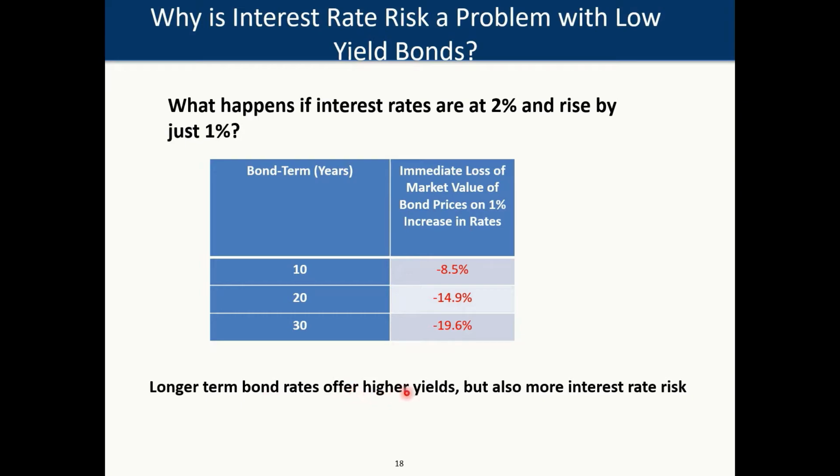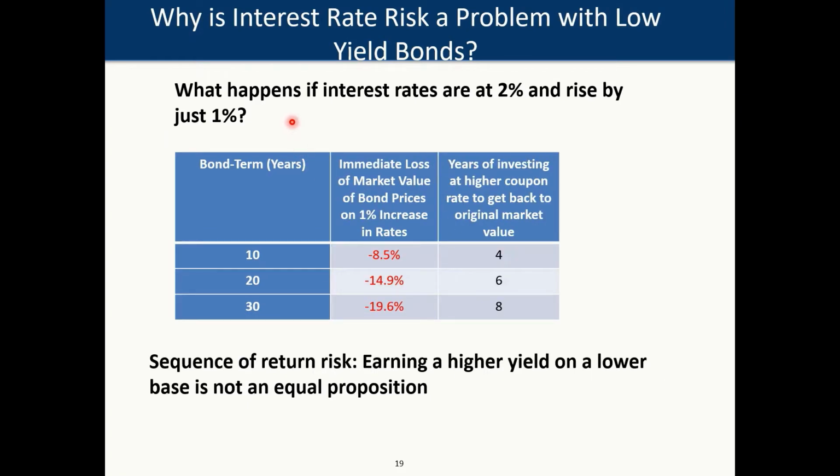Again, longer-term bonds do have higher yields, but they also come with higher interest rate risk, and that's why when clients are nearing retirement, typically the bond allocation is to more intermediate-term bonds as opposed to long-term bonds, because advisors realize that long-term bonds will be subject to interest rate risk, and that same sequence of return risk that they were worried about with the equity portfolio, they'll experience in the bond portfolio if interest rates rise. So the traditional 60-40 strategy has 40% in bonds, but most of those are shorter-term bonds, which means you're not really getting much yield.